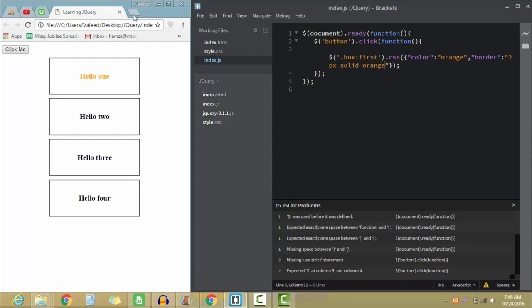So I have saved the file. When I refresh the page, you guys have noticed that this div border will change to orange and the text will change to orange. So as you guys have noticed, we have implemented multiple rows using jQuery on this CSS. If you want to implement it on the last one, right, as you can see, hello 4